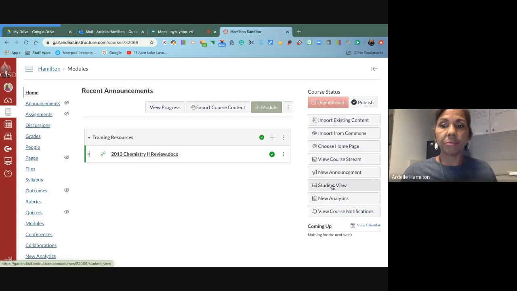Okay? So since they're published, the students can see all this work in the classroom. Anything you publish, they can see. If you want to save on the publish or change the due date or the date they see it, then they won't see it until the actual due date. Okay, so